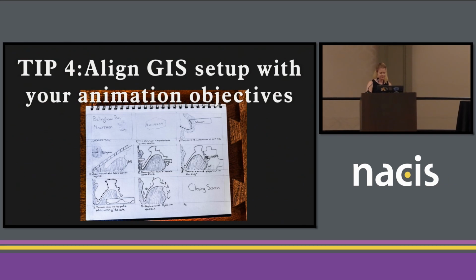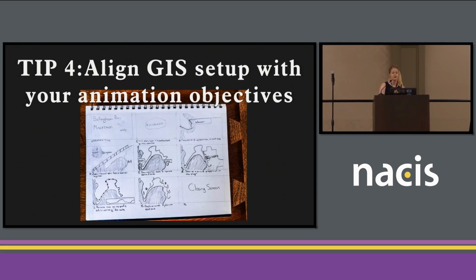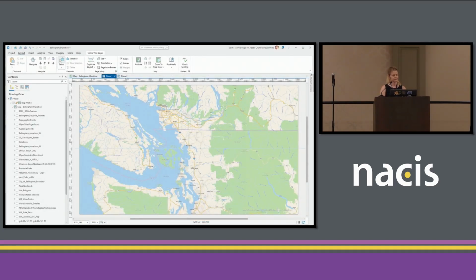This happens every time. All right, so tip 4 is to set up your GIS map to align with your animation objectives. And so you'll want to consult your storyboard. This is my ArcGIS Pro project for a Bellingham Bay Marathon animation. Just note that I have most layers turned off, and that's just for your visual harmony for this demo. Since my final map